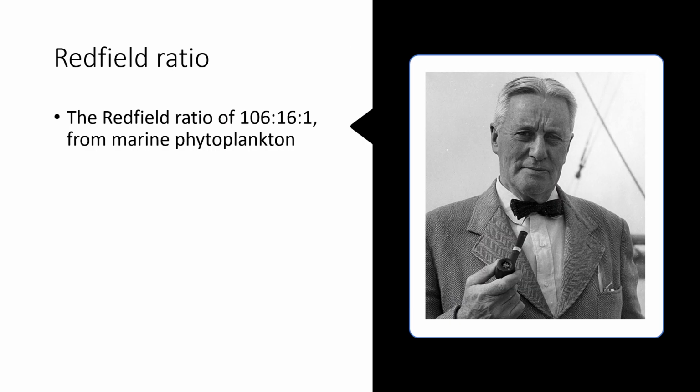An interesting feature about phytoplankton in the marine environment is that it was discovered in the early 1900s that they have a very static relationship between carbon, nitrogen, and phosphorus. And that relationship could be described as a ratio of 106 to 16 to 1. This is not a particularly pretty relationship in the sense that it's not like a 2 to 1 or a 3 to 1 relationship, but it turns out that that relationship is very, very static. And the relationship, again, is between carbon to nitrogen then phosphorus. So you need about 106 carbon atoms to 16 nitrogen atoms to 1 phosphorus atom for marine phytoplankton to go about making their business,